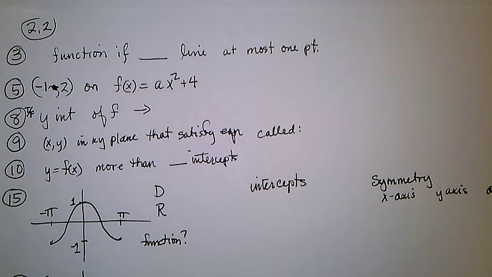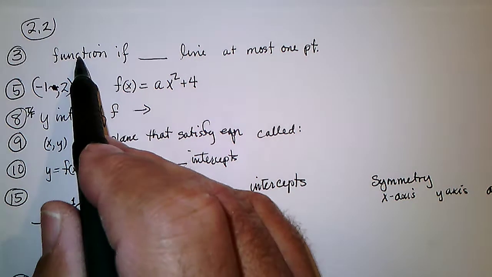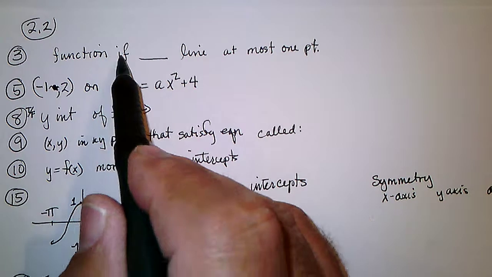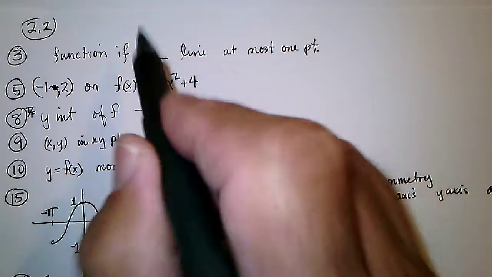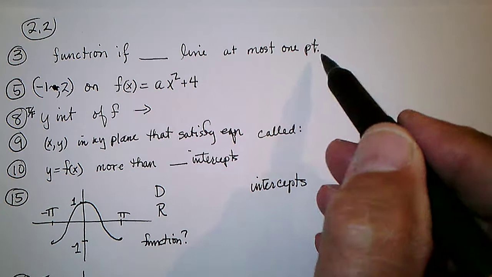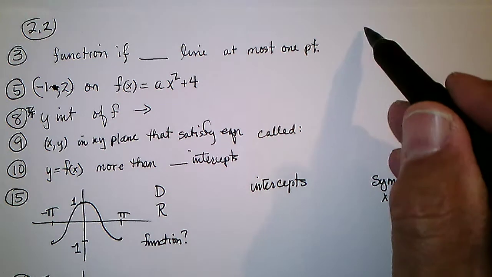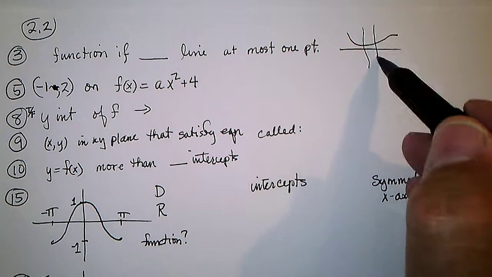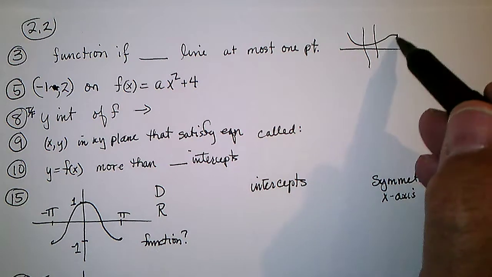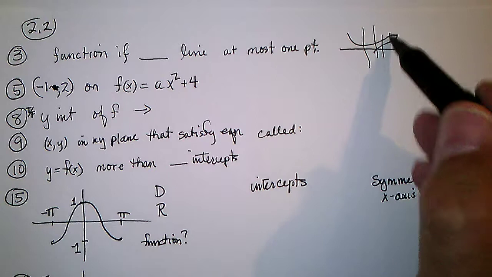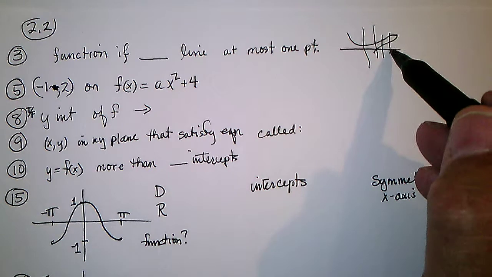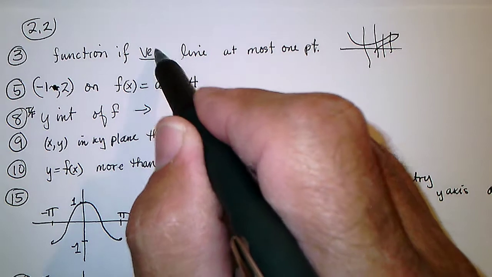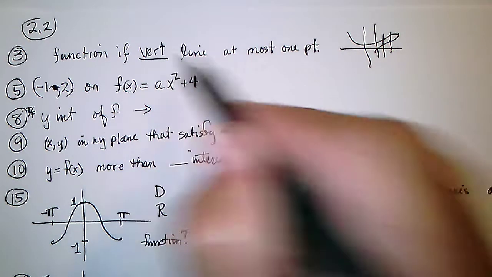All right, 2.2. It's a function if a vertical line hits at most one point. That's a function when the graph looks such that a vertical line hits only one place. If it goes two places, then for an input there'd be two outputs, and that's non-functional. So if a vertical line hits the curve at only one point,